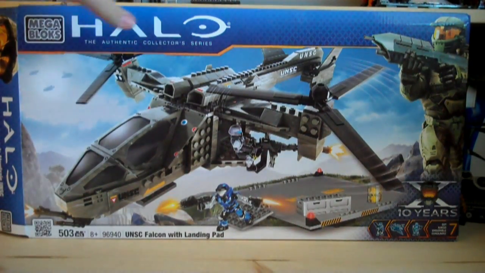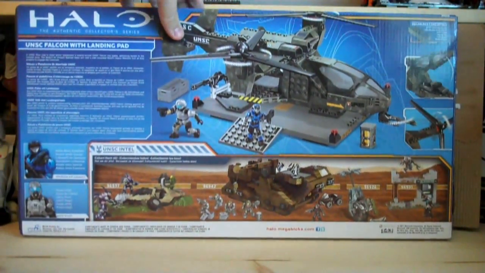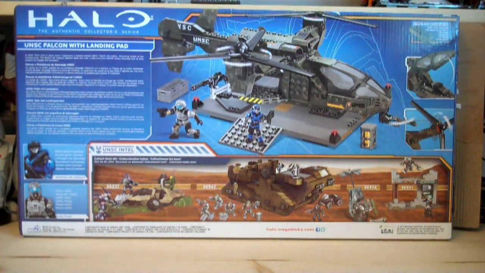On the back of the packaging we have some artwork, or actual product photos that is, displaying all the different items and features that this set has. Down on the bottom we have some of the other 2011 Fall Wave sets, and that is the EVA's Last Stand, the UNSC Elephant, one of the drop pods, the Covert Ops one, and the ODST Ambush. On the bottom left we have two individual bios for the characters included, the Spartan Air Assault and